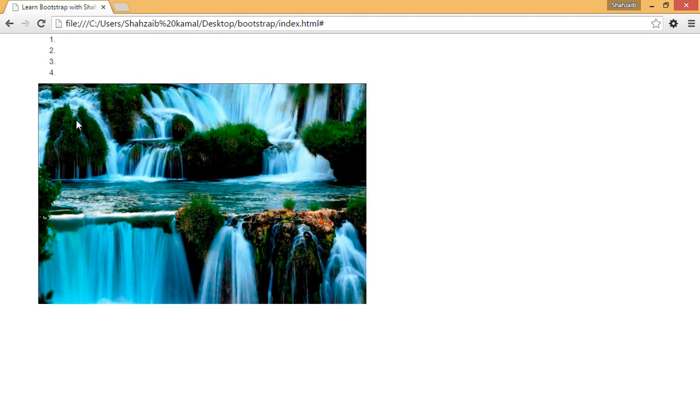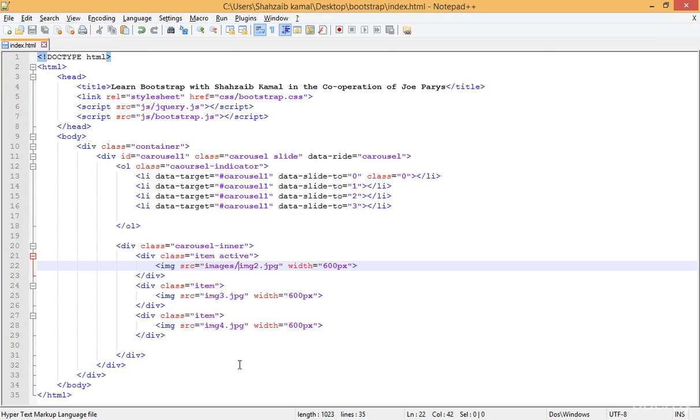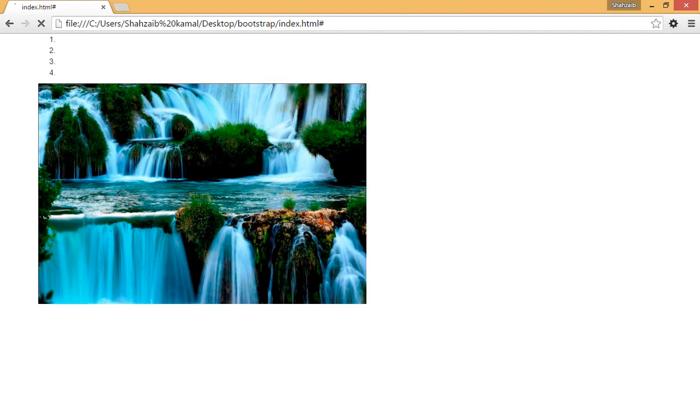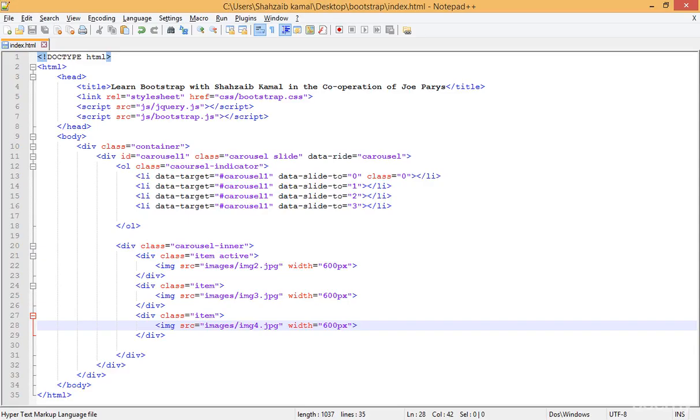Refresh that. Now the first image is showing because I just added the img here, and it's about to go. Now you can see that it is changed. That means it's working perfectly, but I have to do the same for the images, and then the same text here. Now refresh that one. Now we have created the carousel images, but there is something wrong with the carousel indicator,